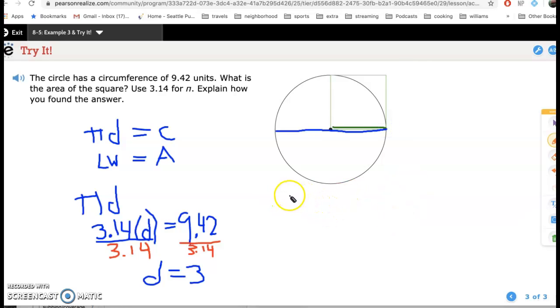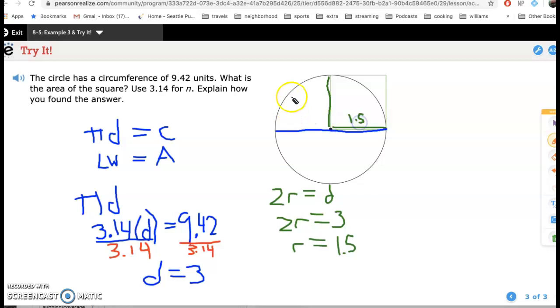And then another formula we can write is 2r equals d. And so 2r equals 3, which makes r equal to 1.5. Okay? So we know that this length here, or this length right here, are both